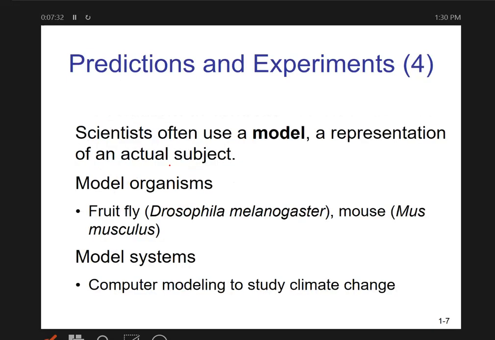All right, then often they will use models. Some use the fruit fly, some use the mouse. No longer now can you use primates. Earlier, long ago, they used to use primates, you know that. But these are two very common models that are used in the lab. And then, of course, you also have now computer modeling. This is not only to study climate change, as your book says, but computer modeling would be used to study a lot of other things. You can create your models, and you can do the if-then model of using computer modeling.